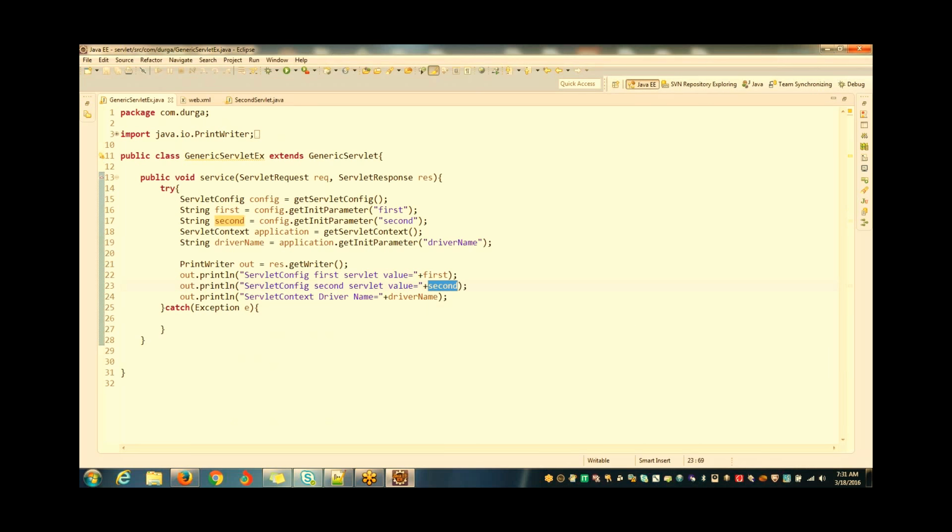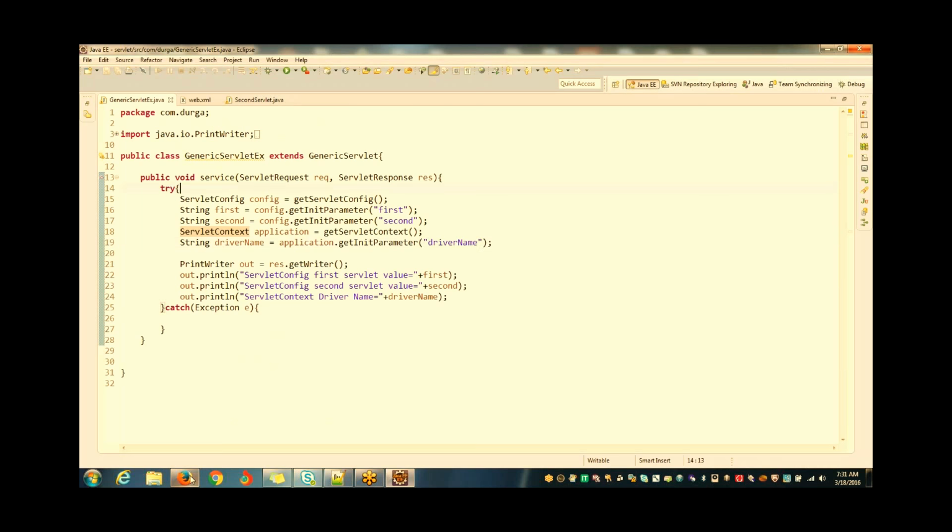Null. Okay, and then see here, after that I'm trying to get the servlet context object. What I said, the servlet context object is a global level object, any servlet can access. So it is not specific to any servlet, either servlet 1, servlet 2, or controller servlet, whatever it is, where I can access this value. So that's the reason I should get this in all the servlets. Okay,